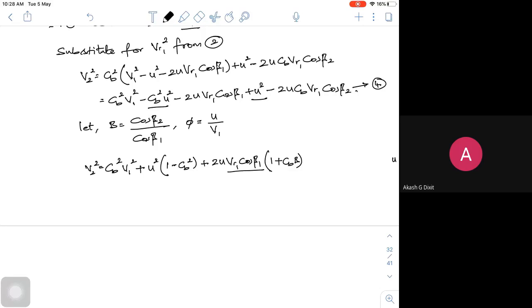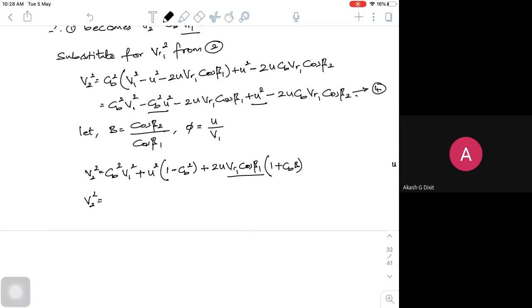I can write V2 square is equal to CB square into V1 square plus U square into 1 minus CB square plus 2 into U into, I can write V1 cos alpha 1 minus U, into